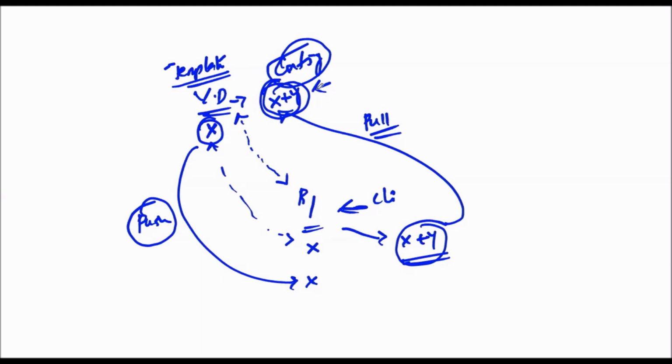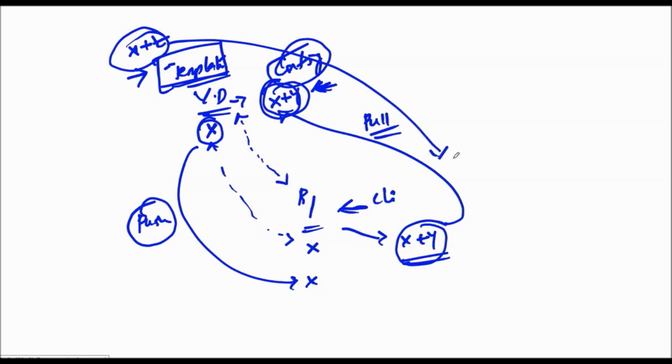For example, this X plus Y is the config. Now, if I go and change something at the template level, assume X plus Z, this change will be activated. X plus Z will be activated. You mean to say X plus Y configuration will be removed? Removed. So whatever we push from the commit template, this operation will be applicable.